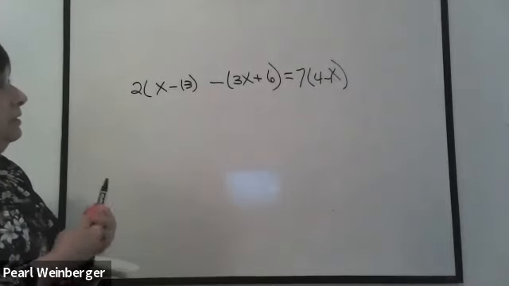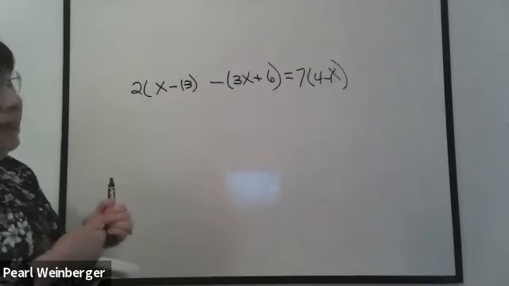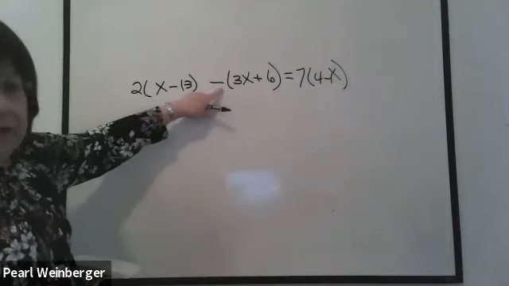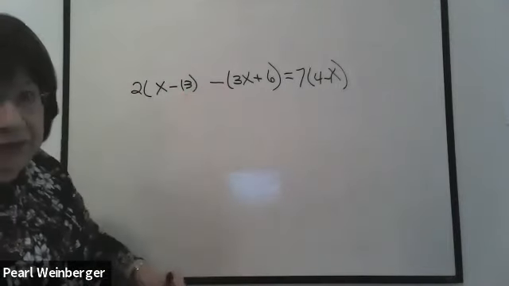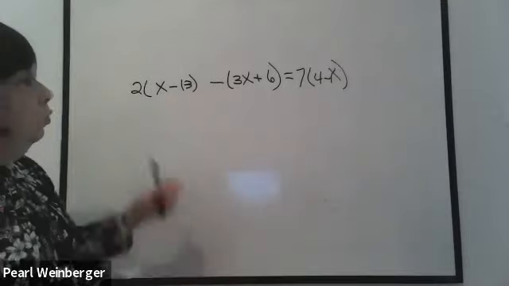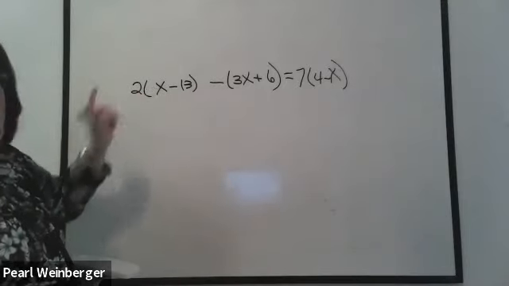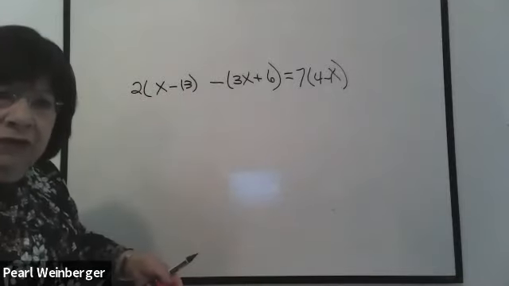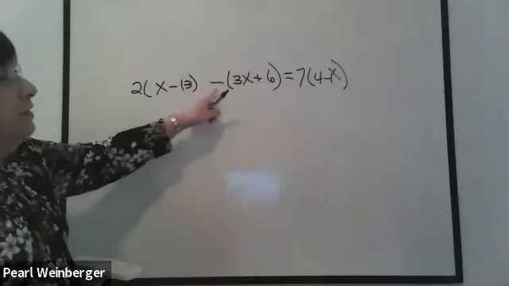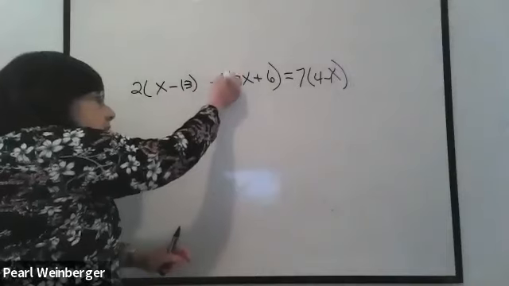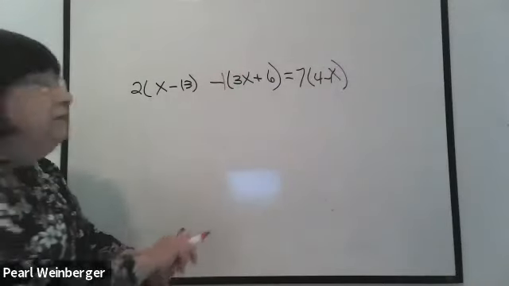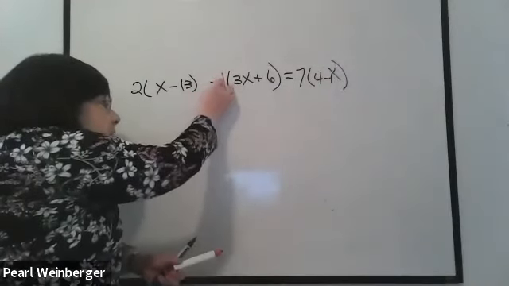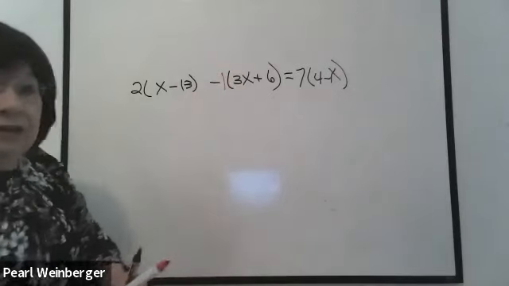What happens if there's a minus in front of parentheses and there's no number there? Well, what happens? What is this here? What does this x mean where there's no number in front of the x? What number is that? 1. Yeah. It's understood to be a 1. The same thing over here. This is understood to be a 1, if there's no number in front of that parentheses.